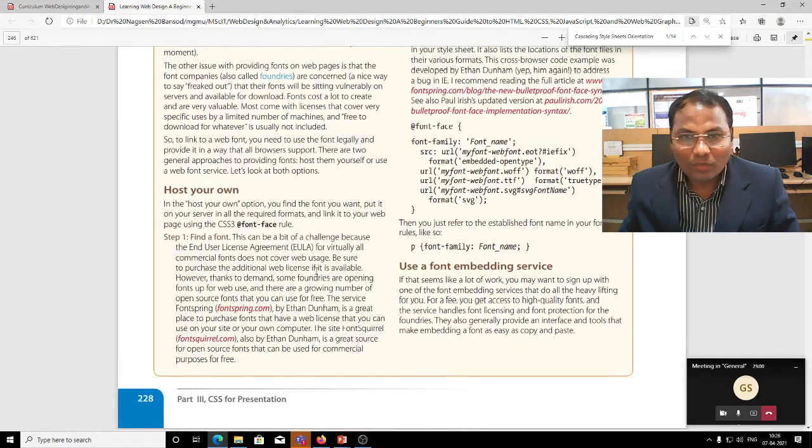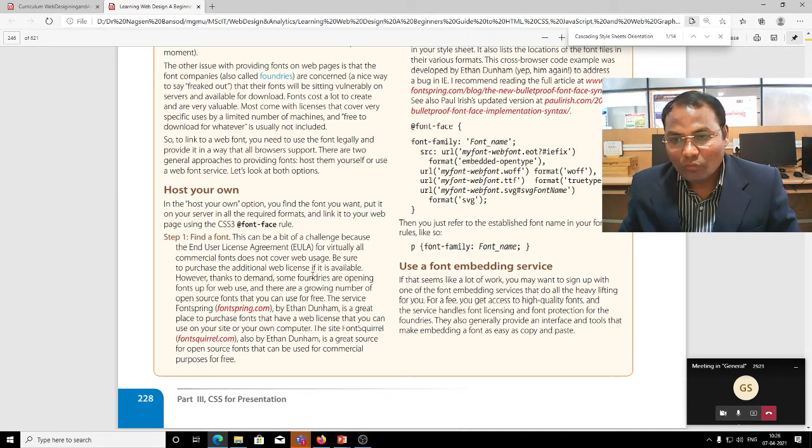How to host our own fonts? In the host your own option, you find the font you want, put it on your server in all the required formats, and link it to your web page using the CSS @font-face rule.